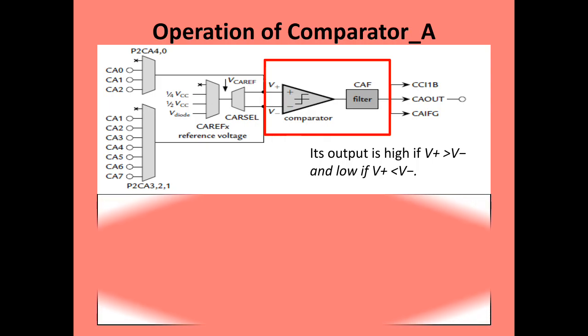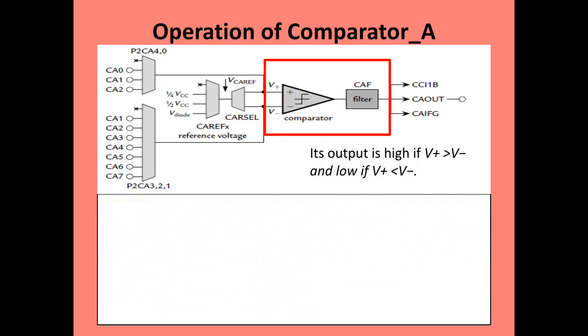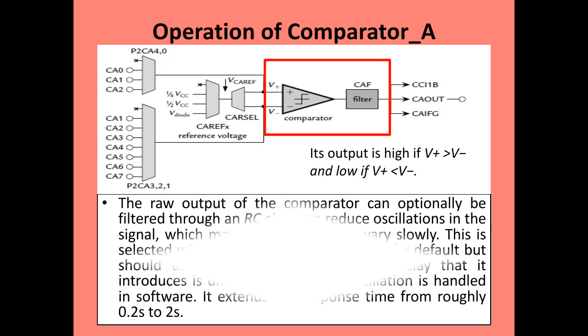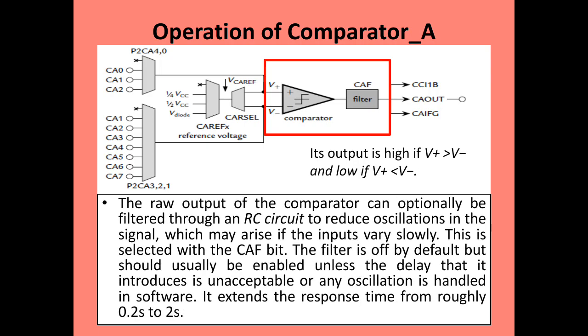Like this, we convert the analog information to digital information, and then this digital information is given to the filter. In the normal situation, the filter is off. Why? Because of saving energy or power. This filter is turned on and off by using the CAF bit. If the CAF bit is 0, the filter is off, that means there is no requirement for the filter to operate. If it is 1, we can use this particular filter.